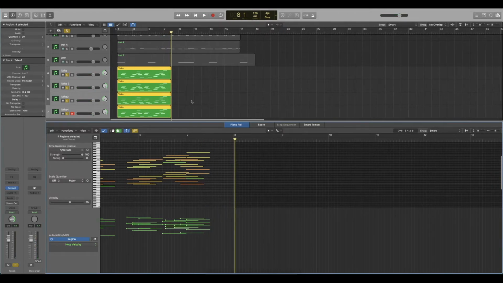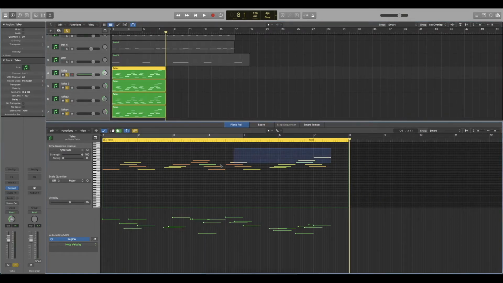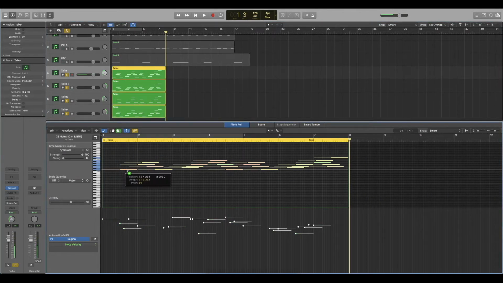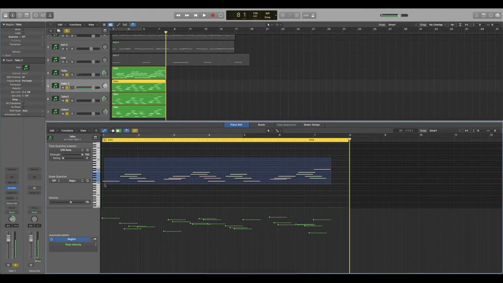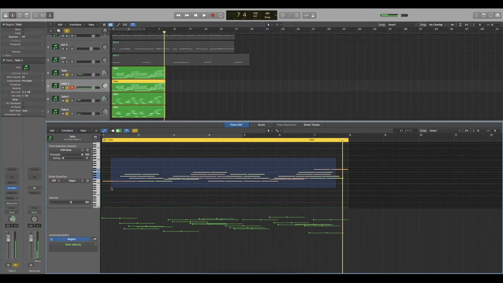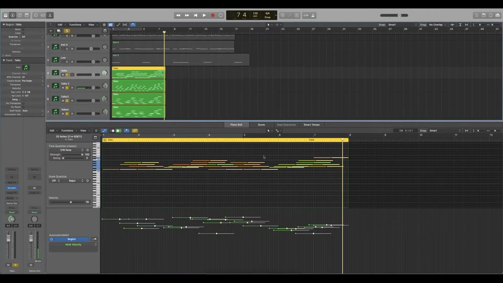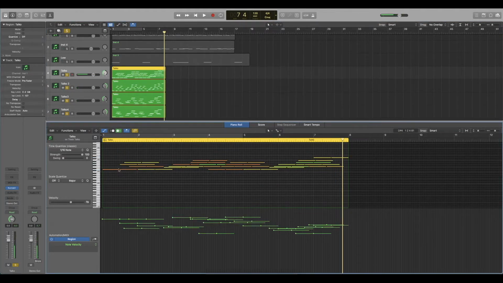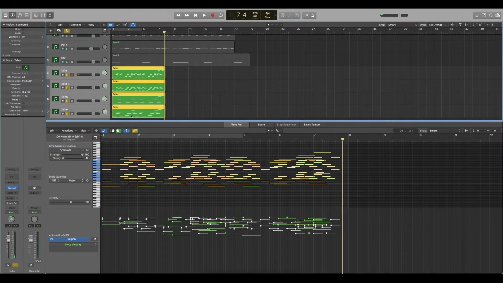The other thing you can do here is make some crazier than the others. Just for the sake of time, I'm just going to duplicate this in itself. I'm going to do the same here and see what this sounds like. I really haven't done anything special there, and I could absolutely go in and edit these to be more of what I want. But in context of everything else, if we play these, loop these again,